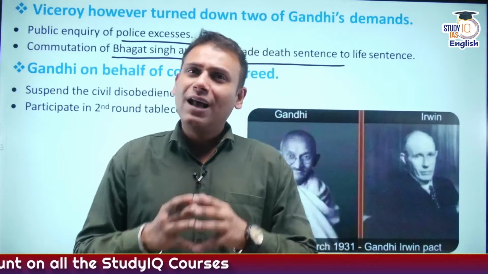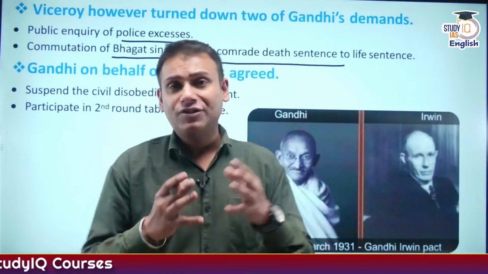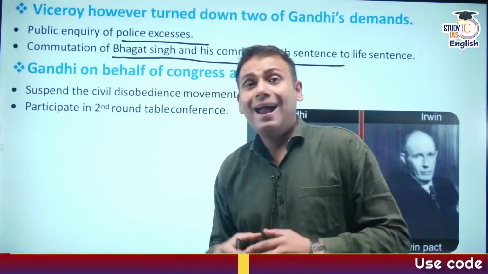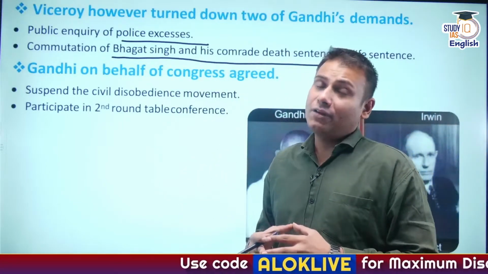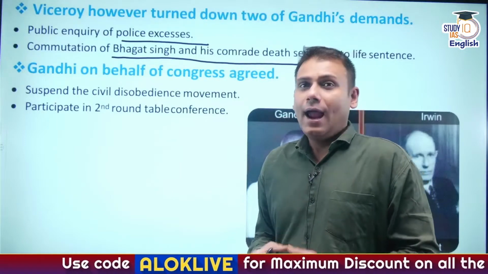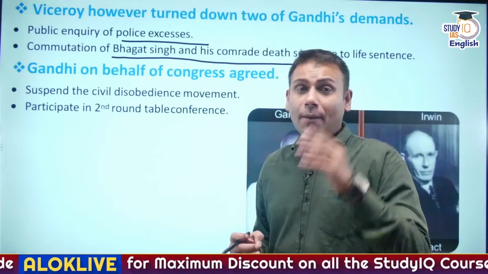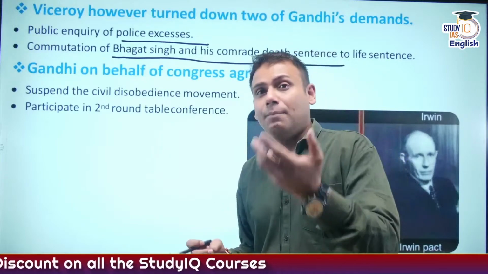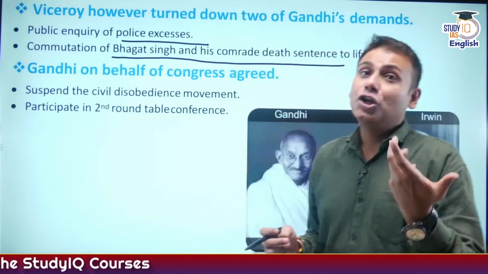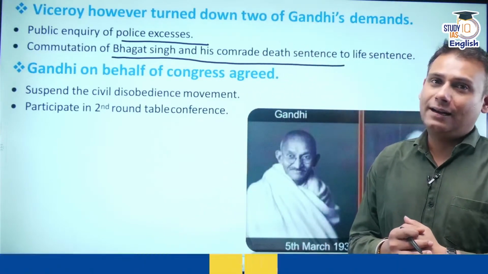And there were huge lathi blows, heavy lathi blows on the chest of Lala Lajpat Rai ji, and he succumbed to death. Bhagat Singh ji wanted to avenge the death of Lala Lajpat Rai ji and assassinate the commissioner at that time, whose name was Scott. But mistakenly, he assassinated Saunders, the DSP at that time.